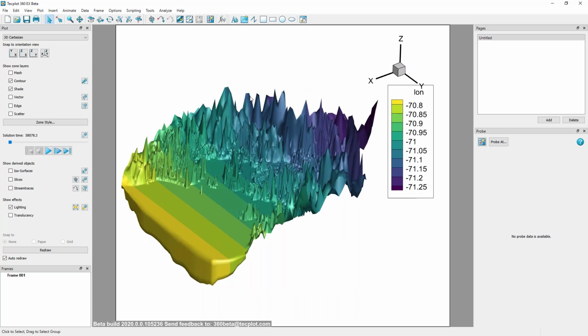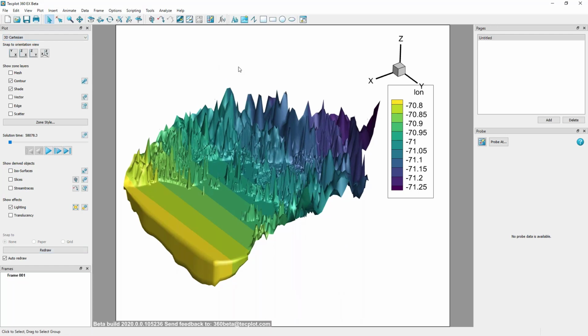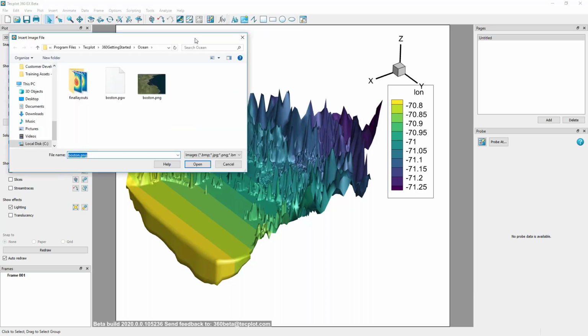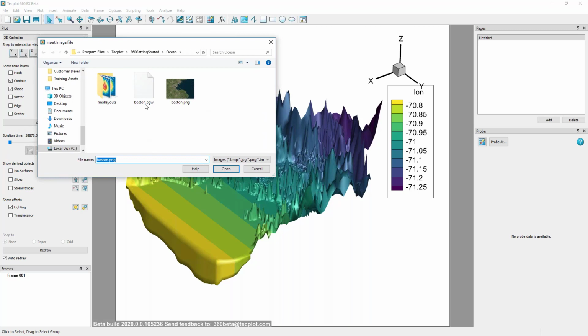So the first thing I want to do is make a couple slight adjustments to the plot so that it becomes easier to work with as we go through the rest of the zone layers and derived objects in the plot sidebar. We've included this ability to add a georeferenced image, which we can add by clicking this Insert Image / Georeferenced Image icon. What this allows us to do is select a world file that pairs with an image, where the world file provides the coordinates and the proper scaling for the image to be placed in our data set. So if I press open,